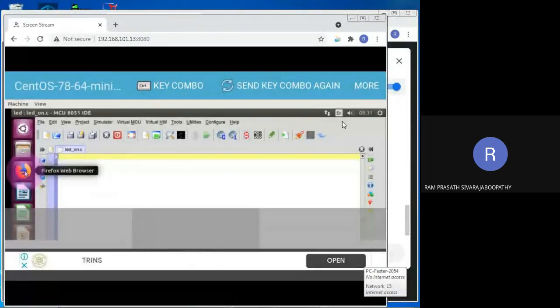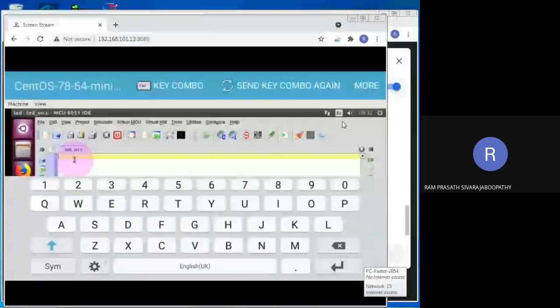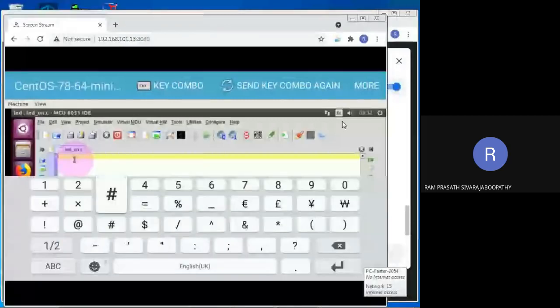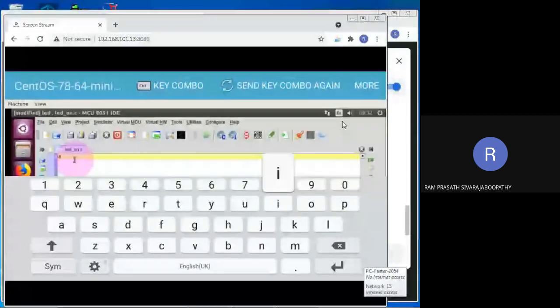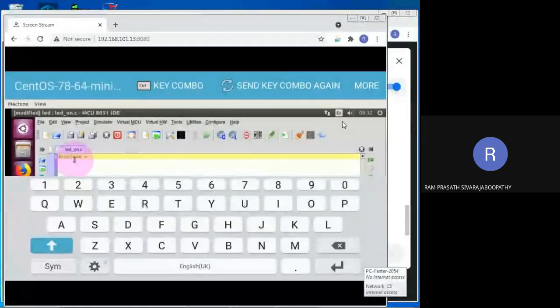Fine. Okay, now I'm going to type the program. For this, I need the keyboard. Yes. Hash include, in capital letters, I am typing 8089S8252.